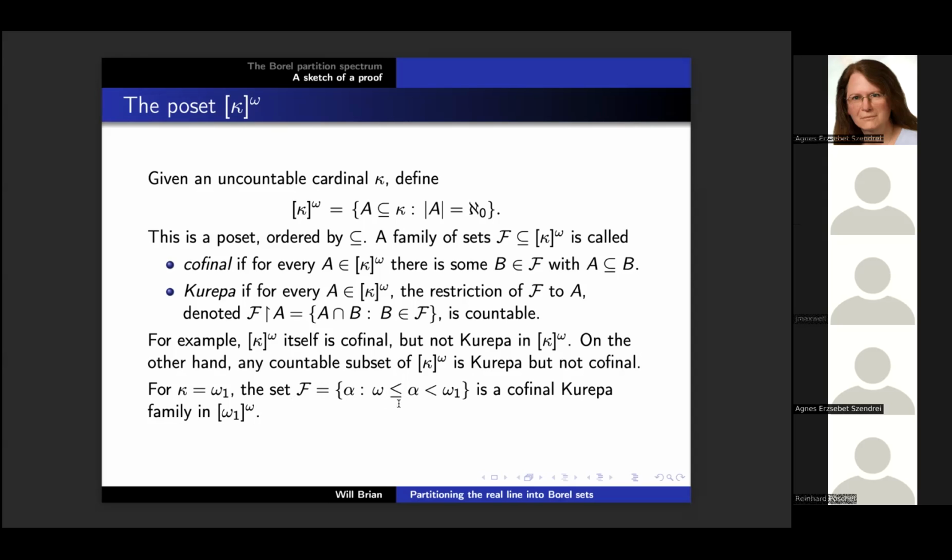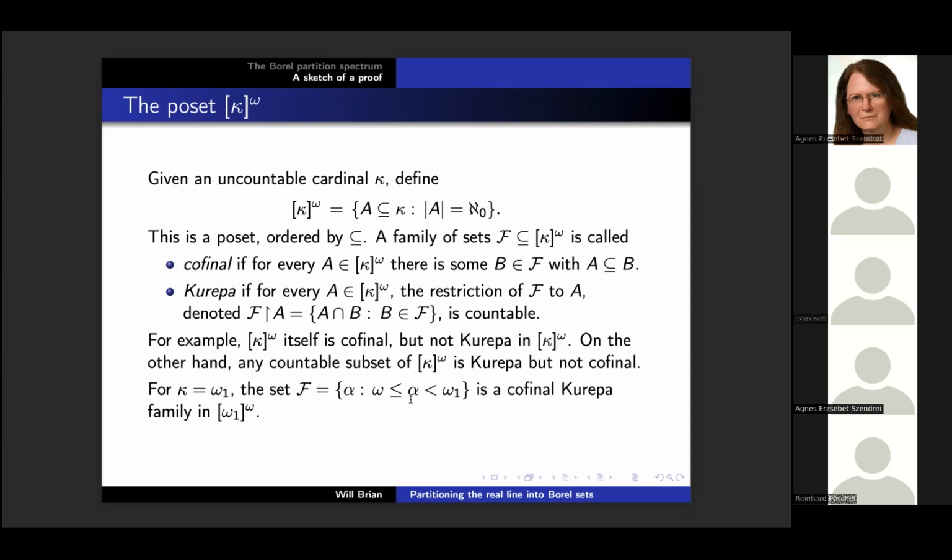So first of all, I'm using the standard von Neumann notation here, where an ordinal is considered to be equal to the set of all its predecessors. So when we think of an ordinal that way, each countable ordinal alpha is a countable subset of omega 1. So this is, in fact, a subset of the collection of countable subsets of omega-1. It's cofinal. Why? Because if I have any countable subset of omega-1, it's also bounded and therefore contained in one of these alphas. So it's cofinal, but it's also Kurepa